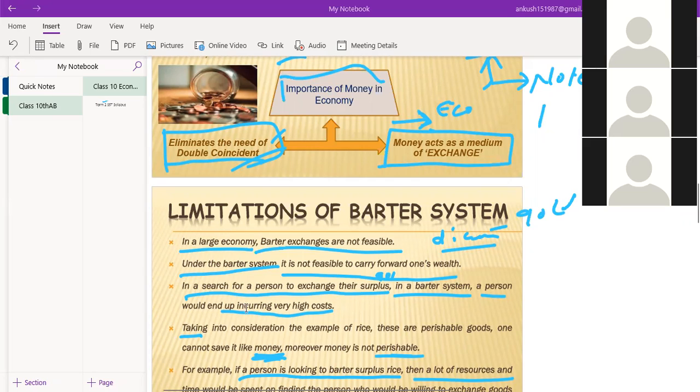Others, were you getting my voice? No, sir. We are getting it. Someone was saying no. Yes, sir, a few minutes ago it was breaking. Okay, there might be a problem in my network connection. As I have connected my laptop with my mobile, there may be a problem in the network. And today my laptop is draining lots of MBs. Why it is happening, I don't know. So let it be.